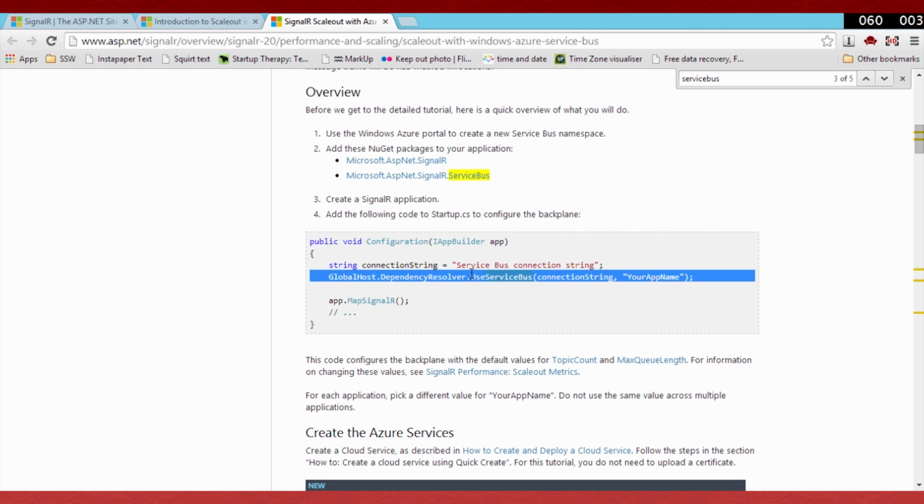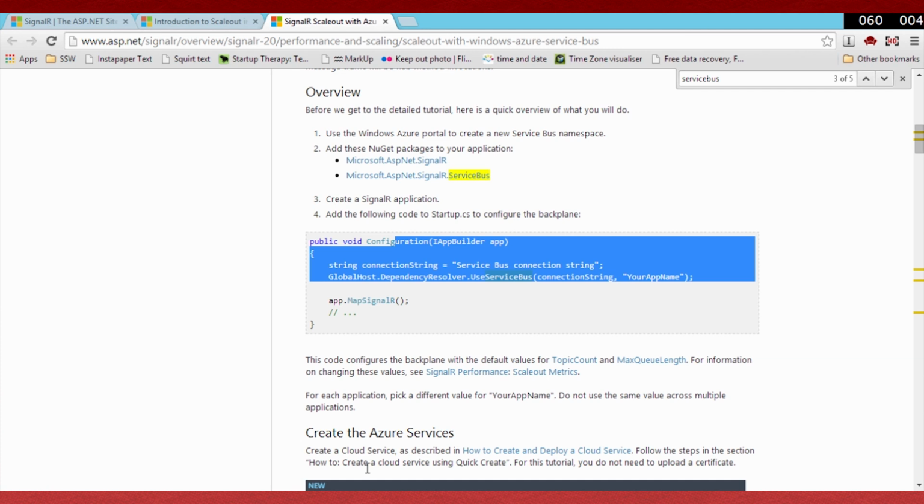So we've seen how we can do this with some line of business applications, but it would work well for things like games and things like that. Although they say if you're going to do it with games, don't use it with a backplane. But anyway,